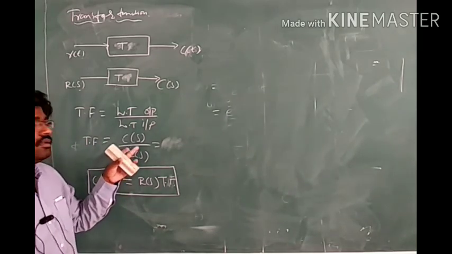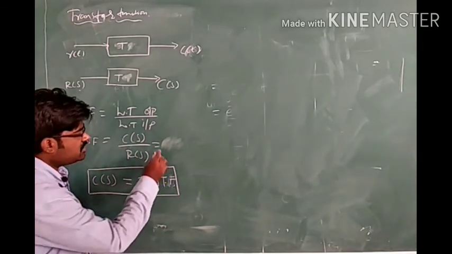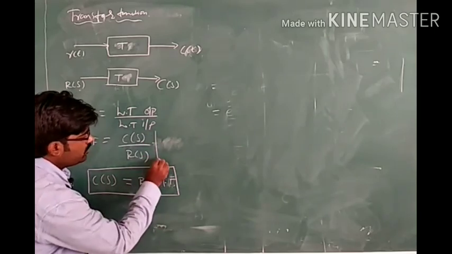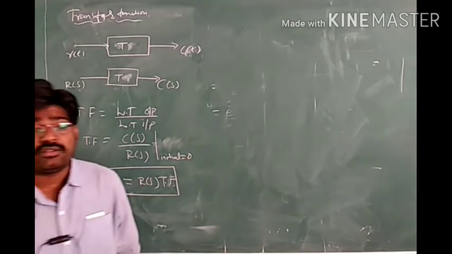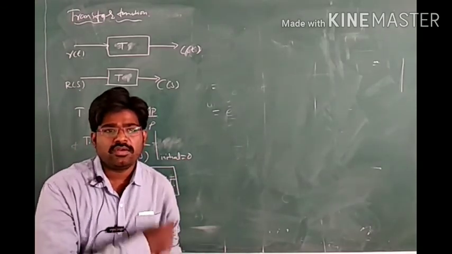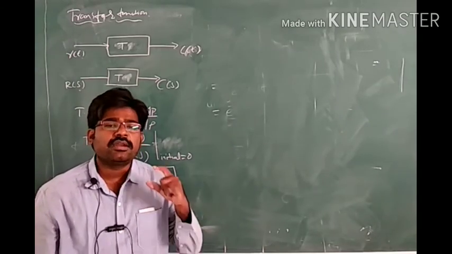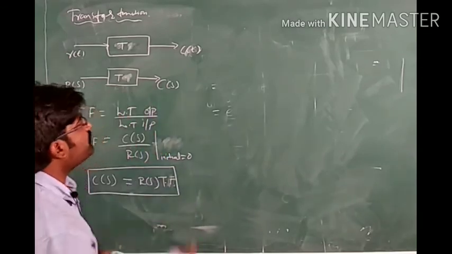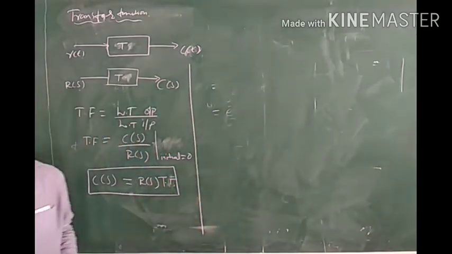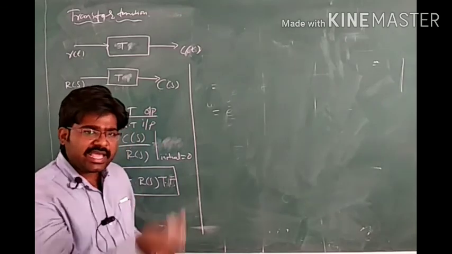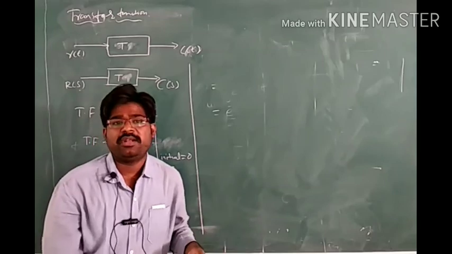Transfer function is always the ratio of output by input. One more important condition in transfer function is that initial conditions are always 0. This is the main condition of transfer function. If the initial conditions are not 0, you cannot apply the transfer function. So to apply the transfer function, the condition is that initial conditions must be 0. Okay, so this is the transfer function. Right. Then now come to, again here some notations are there. How to write the differential equation in terms of Laplace transformation.